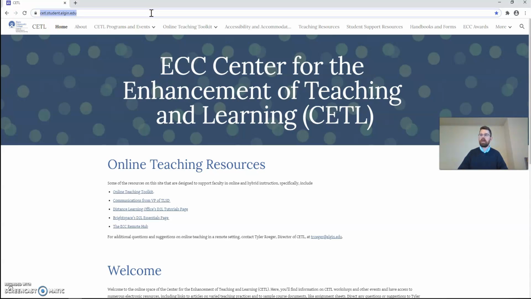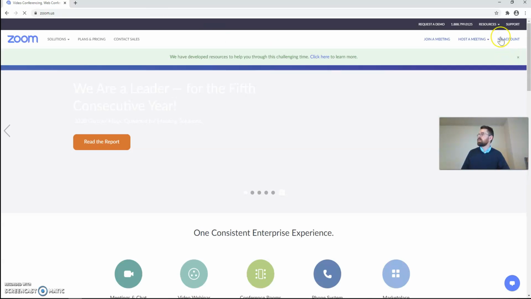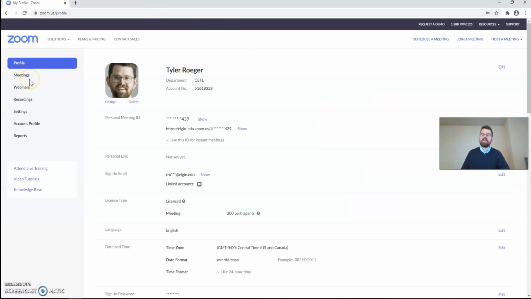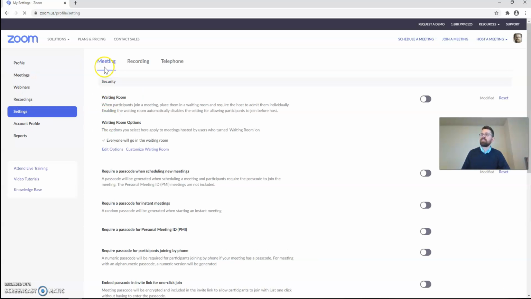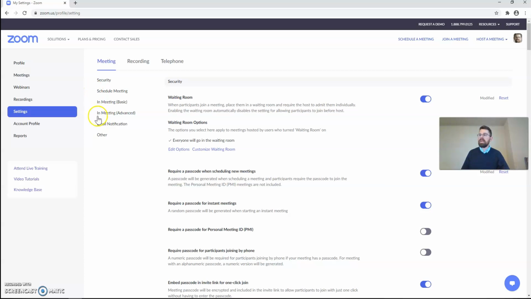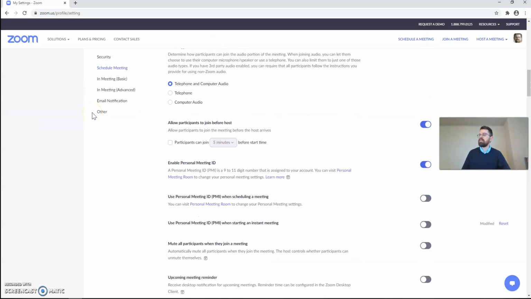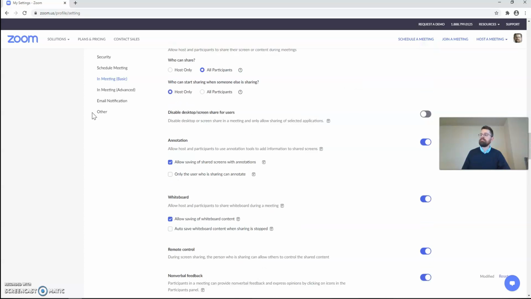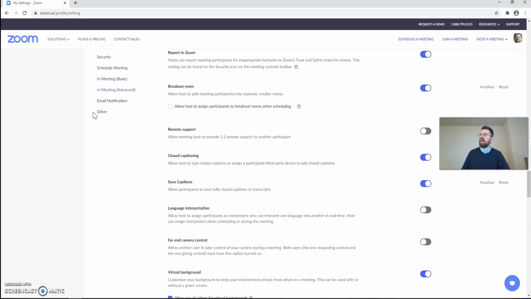So I'm going to begin by going to my Zoom account, and in the far left-hand side of the screen under Settings, I want to make sure I'm under that Meeting tab, and about halfway down in the Meeting settings, I'll have the option for In-Meeting Advanced, and under that, it will have a place for breakout rooms there. I want to make sure I have breakout rooms enabled, and right underneath that, you'll notice that it gives me the choice if I want to possibly even be able to allow participants or assign participants to breakout rooms before